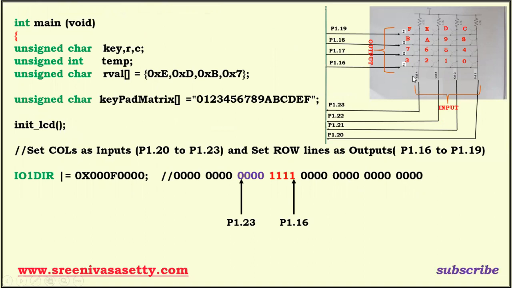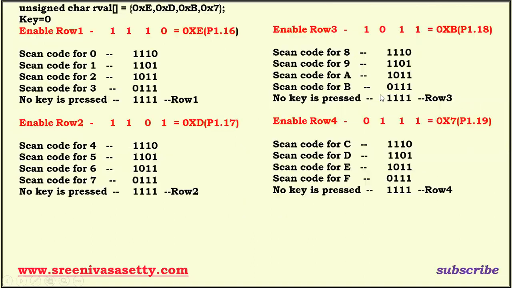F comes under column 4. C comes under column 1. D comes under column 2. That is very important. Now, I'm going to use one very important logic. Once we know this logic, the implementation part becomes easy. We can understand the code without any problem. What is the logic behind this? I'm using one very interesting logic by observing all these scan codes.